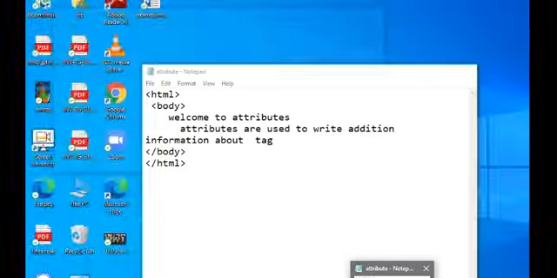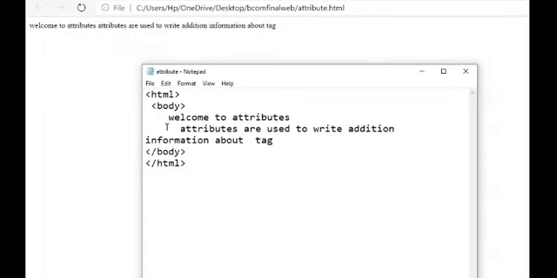Does this tag have any attribute? Suppose I wanted to change the color.